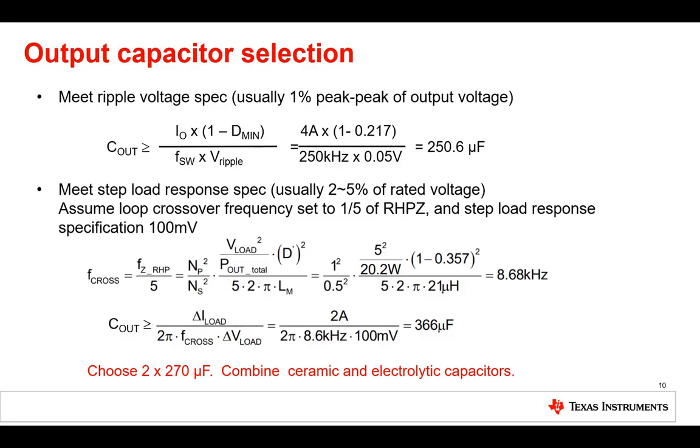Keep in mind to combine ceramic and electrolytic capacitors, as this is normally the best compromise between low series resistance and high capacitance. Be aware that the parasitic effects of the output capacitors and their connections get more and more important the more stringent the ripple spec and the step load response spec gets. So relaxed specs for these two parameters reduce cost of the flyback converter.